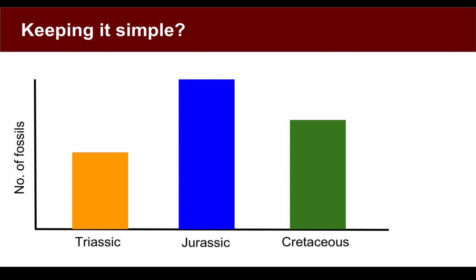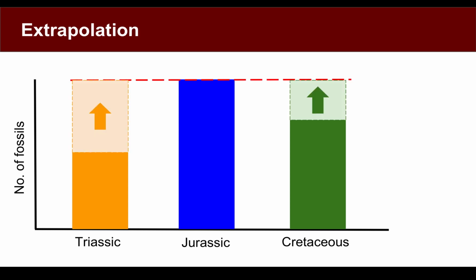So we could be worried then that sampling might be the reason why we see the richness counts we get, and so we might want to think about ways we can correct for this. Broadly, there are two main ways we can consider doing this. The first might be extrapolation. Here we would try and take what we do know about our Triassic and Cretaceous samples and extrapolate it up to what we get from our Jurassic.